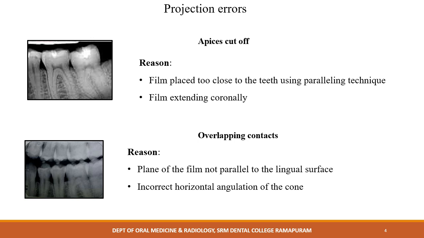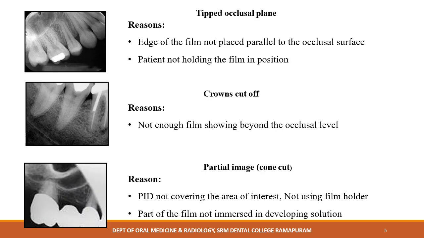Overlapping contact. This occurs when the plane of the film is not parallel to the lingual surface of the teeth, or due to incorrect horizontal angulation of the cone. Tipped occlusal plane. This can occur when the edge of the film is not placed parallel to the occlusal surface, or the patient not holding the film in position. Crown cutoff. This occurs when the film is placed too apically with not enough film covering the coronal region of